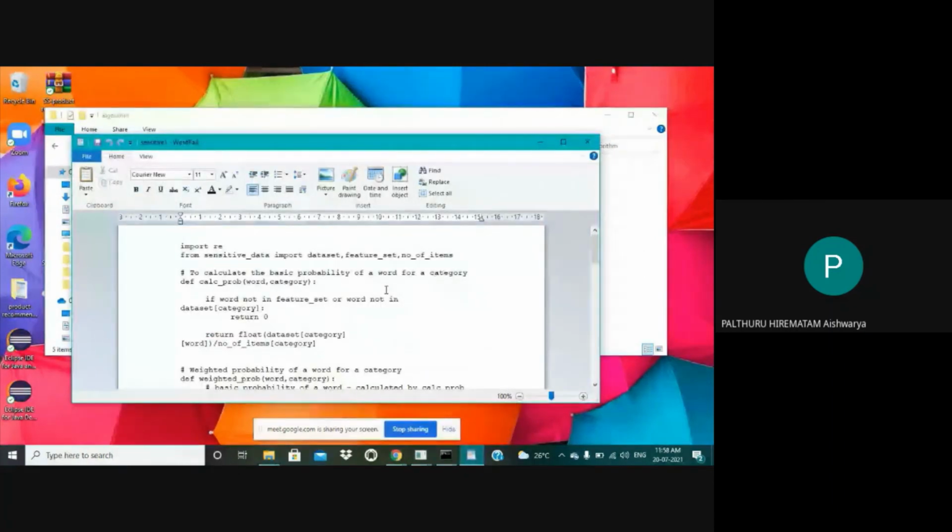Here we can see this algorithm, Navy-based algorithm.